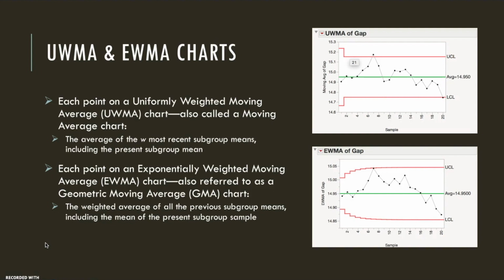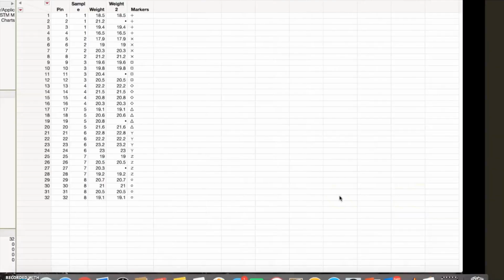The exponentially weighted moving average is also known as a geometric moving average. It's a little bit different in how it's set up because it's using an exponential graphing method. So you can see a little bit of difference in these two pictures to the side. I'll explain a little bit more of that when I go into JMP. So going into JMP,